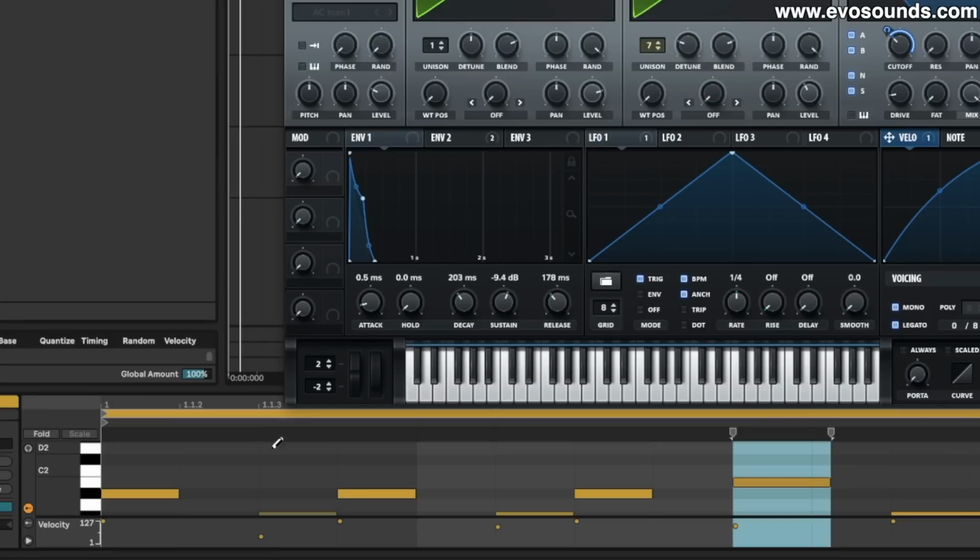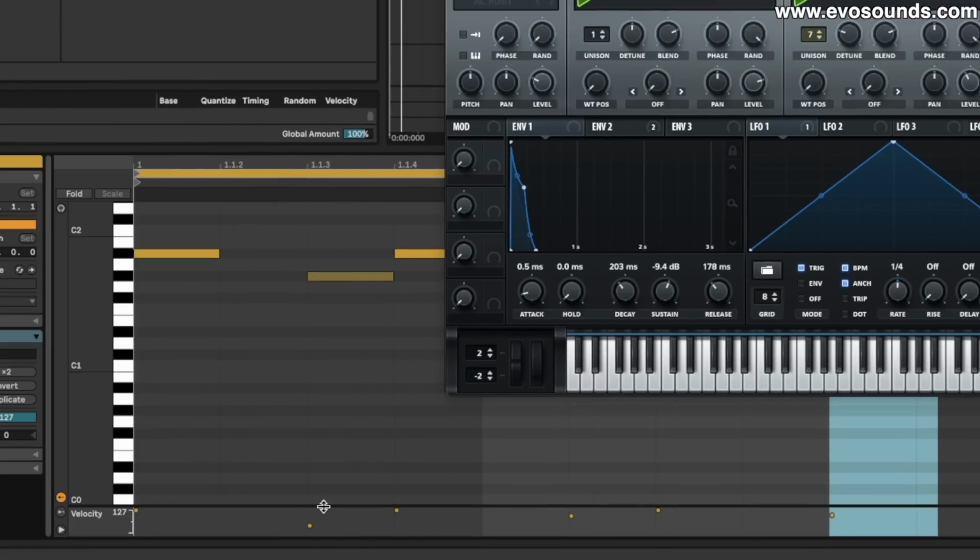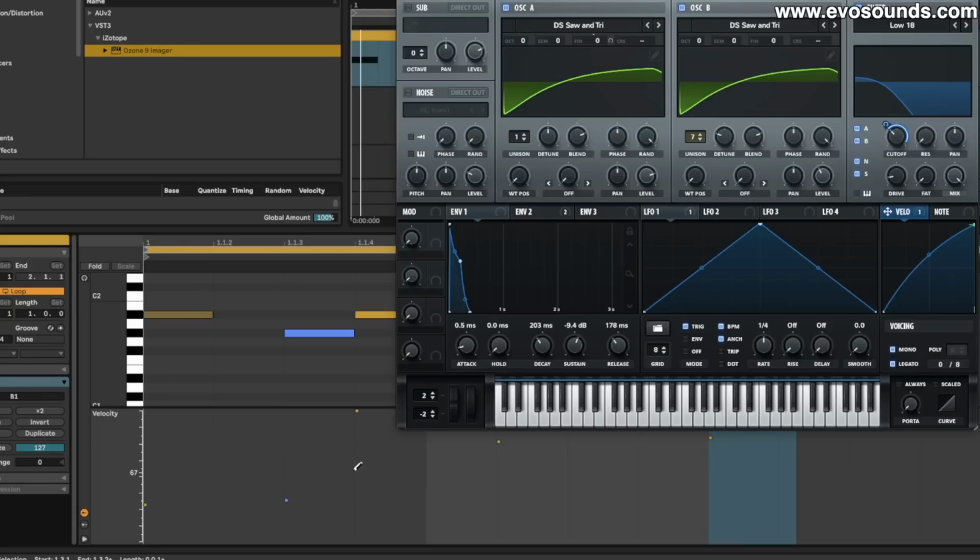Now, inside of Ableton, the way you can program this, if you're not the type to play it in, then you can lower this down. And this is how you set your velocities. You go from 0 or 1 all the way up to 127. The lower you go, the less of the modulation is applied. So if I'm low here, you can see the blue line. I'm only going to go up to around here. But if I go higher up,